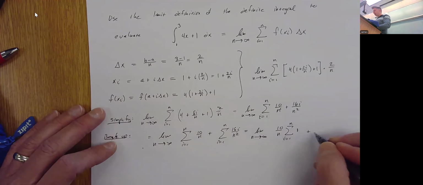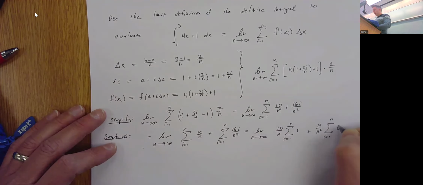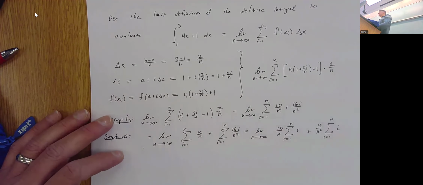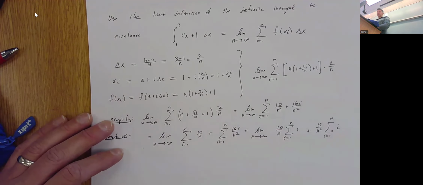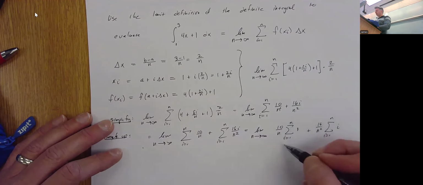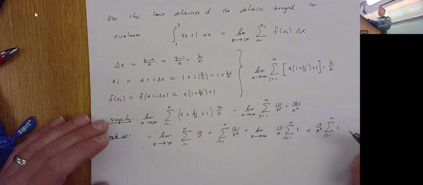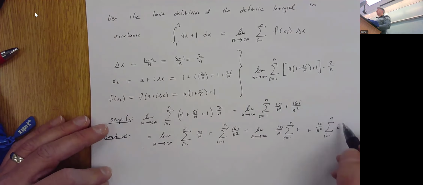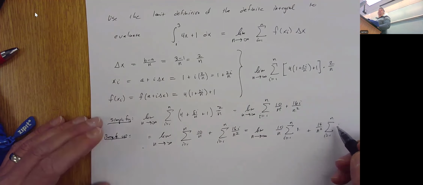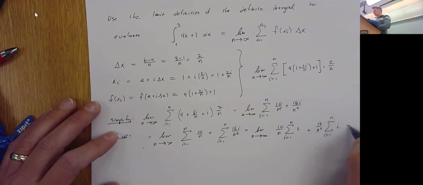And then over here, we're going to pull out the 16 over n squared, leaving behind the sum from i equals 1 to n of i. And then we throw the formulas at it. We know that the sum from i equals 1 to n of 1 is just n. And the sum from i equals 1 to n of i is n times n plus 1 over 2. So we're going to get